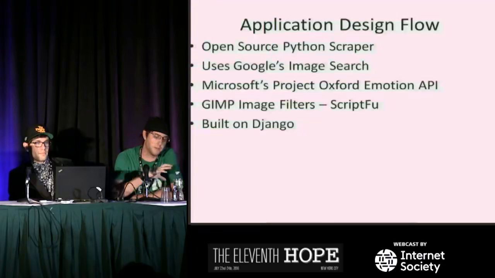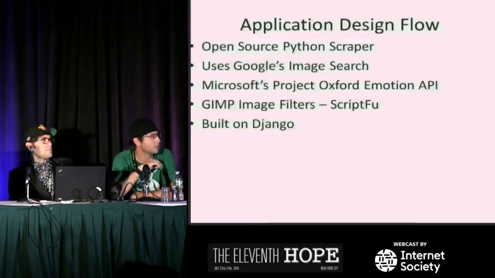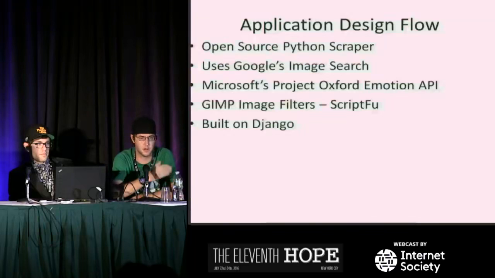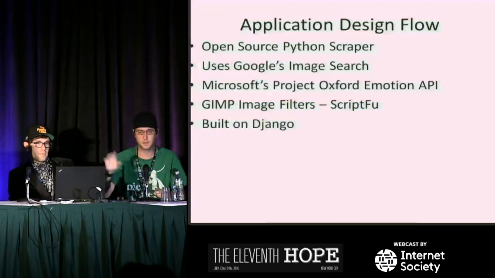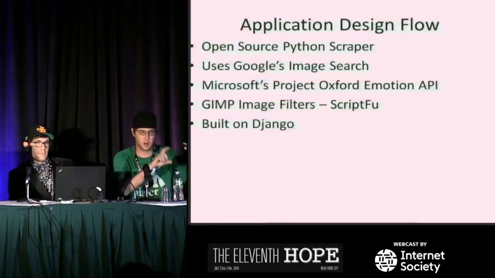So then we've got a big bank of images that we've ripped off of Google Images. We feed them all through Microsoft's Project Oxford API, which at the moment you can get a free API key. They have rate limits on it, so you've got to go real slow, hand them images, and they'll come back, identify the face in it, and tell you all the different emotions and the rating of confidence for each emotion inside of that face. You can actually hand it images with 8 different people's faces, and it'll draw a box around each face and tell you what emotion is in each face.